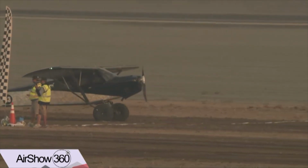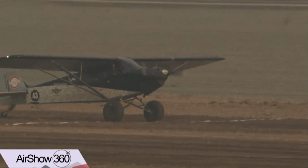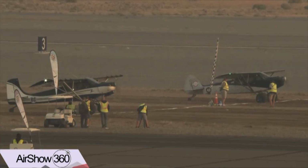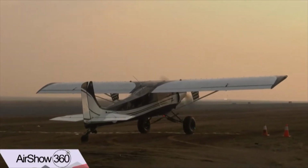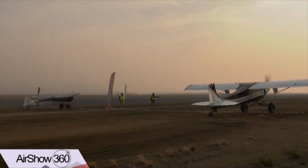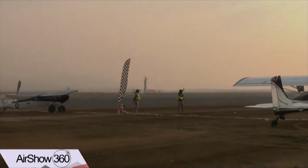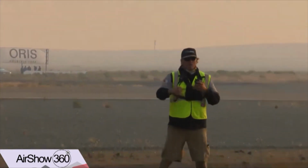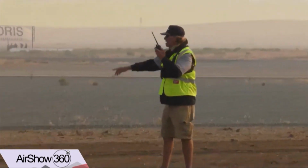Hal's still getting some qualifying times out there. Everybody gets an equal number of qualifying runs, as long as they don't scratch at either line. A scratch means if you land short of the line, you scratch. That run does not count. If you do not come to a complete stop at the turnaround,